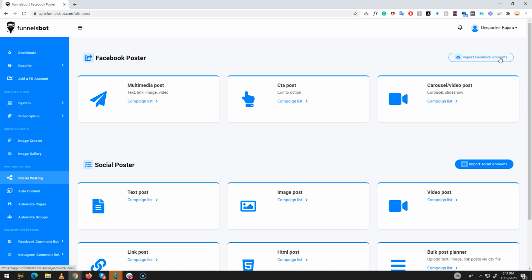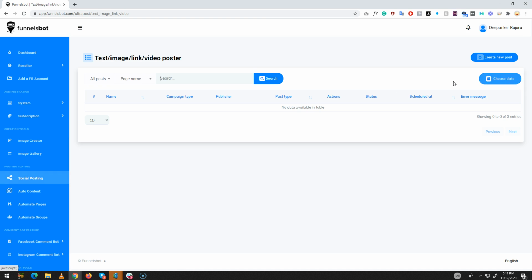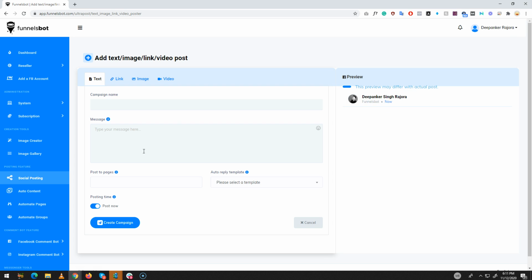We have already attached our account, so let's click here on campaign list. There is an option, create new post, simple. By the way, this is very simple and easy to use. Any kind of user, techie or non-techie, can use it easily. Campaign name is, let's say, test for Facebook. Message, if you want to put any message here, like